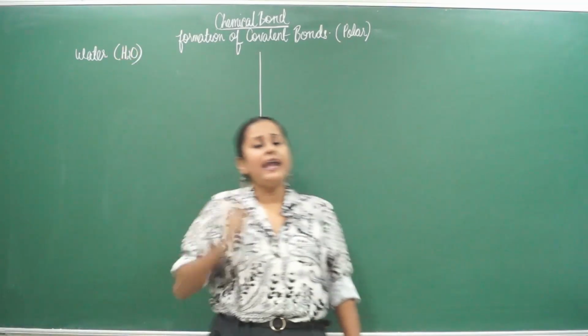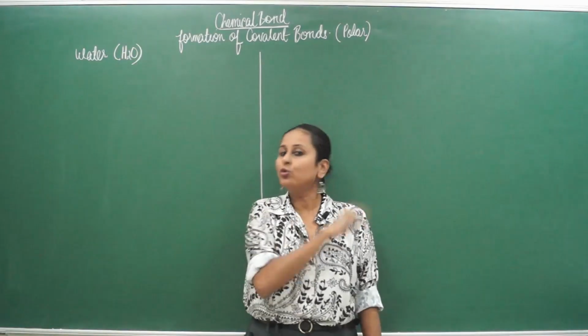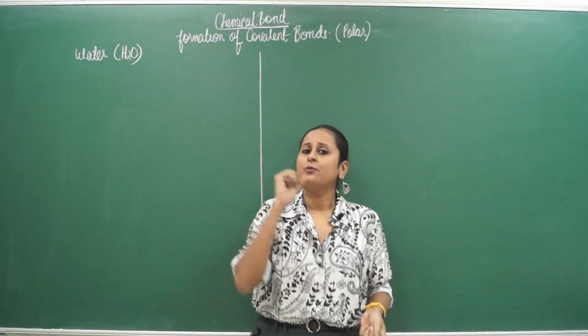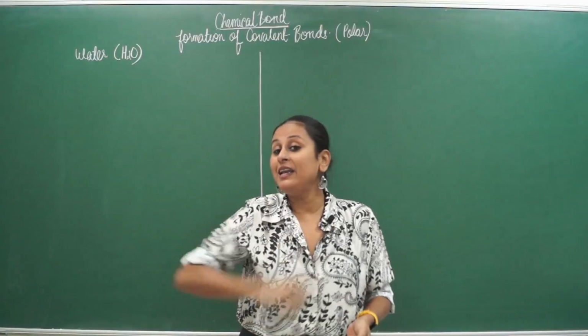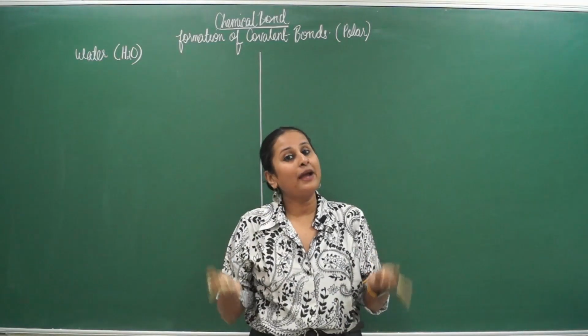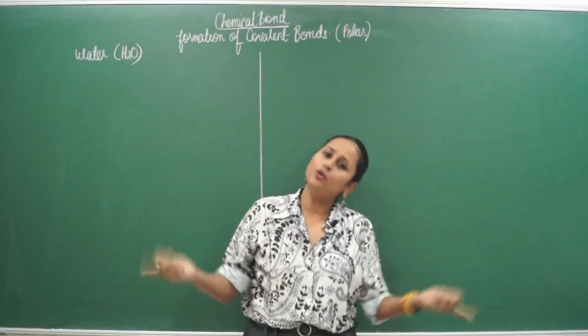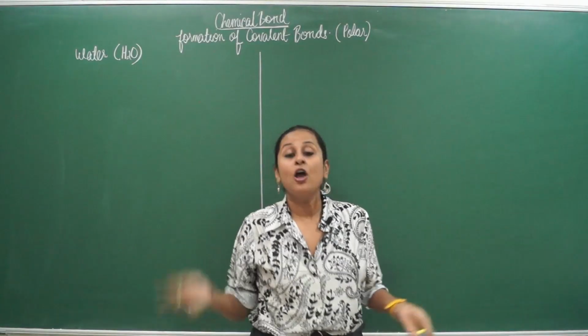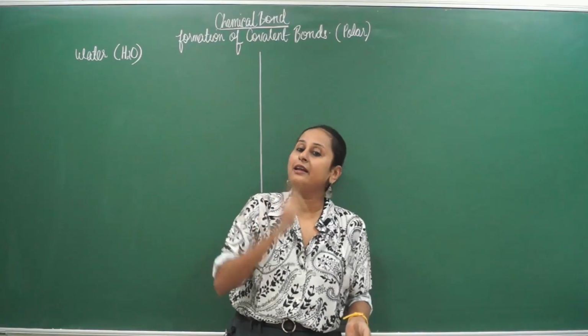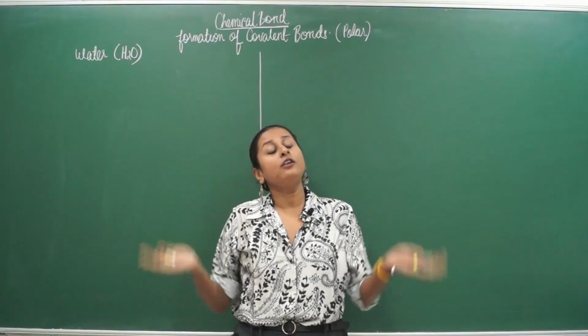As you can see, H2O means there are 2 atoms of hydrogen and 1 atom of oxygen. So this 1 atom of oxygen requires how many electrons to become an octet? 2 electrons. And hydrogen requires 1 electron to complete its duplet. That means to become stable, oxygen requires 2 electrons, and each hydrogen requires 1 electron, and they cannot exchange